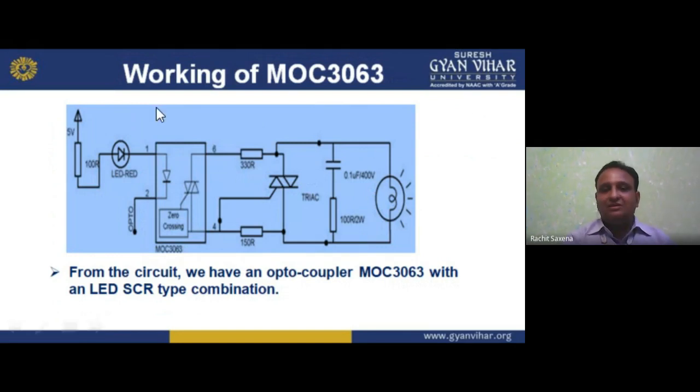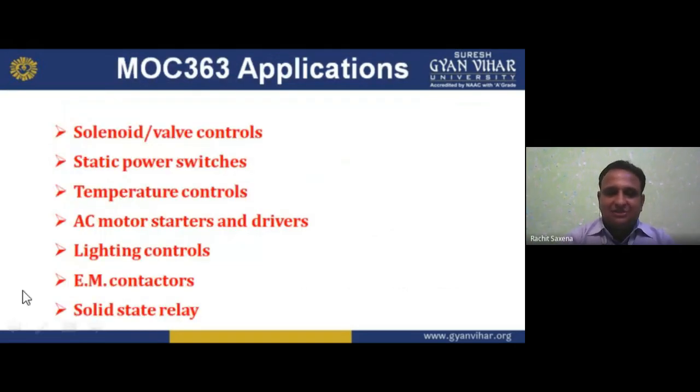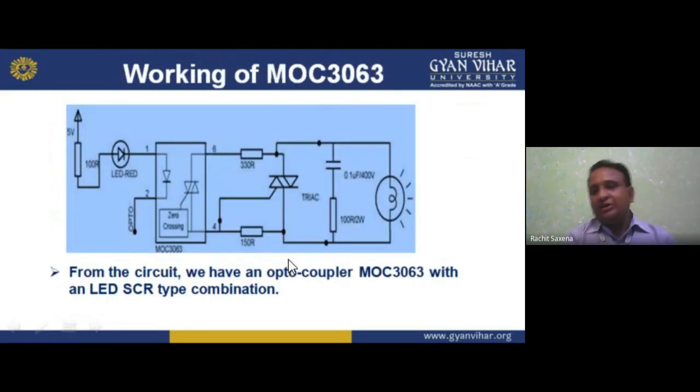It is shown here. This is the optocoupler, and we connected the resistance, triac, capacitor, again resistance, and we have a lamp which we want to control, for example like this. If I am a lighting controller, we can see. Okay, so I hope you understand this diagram.